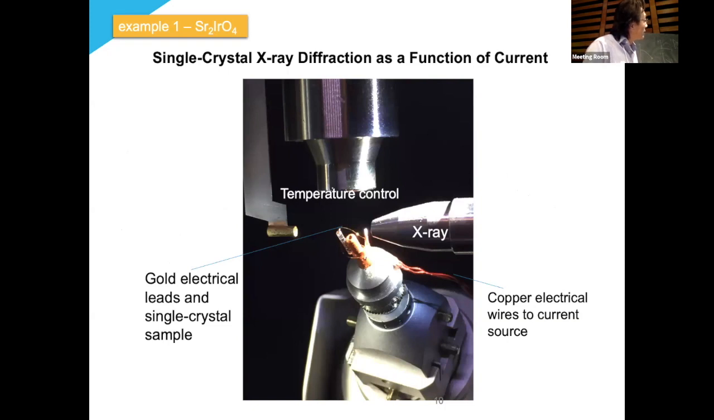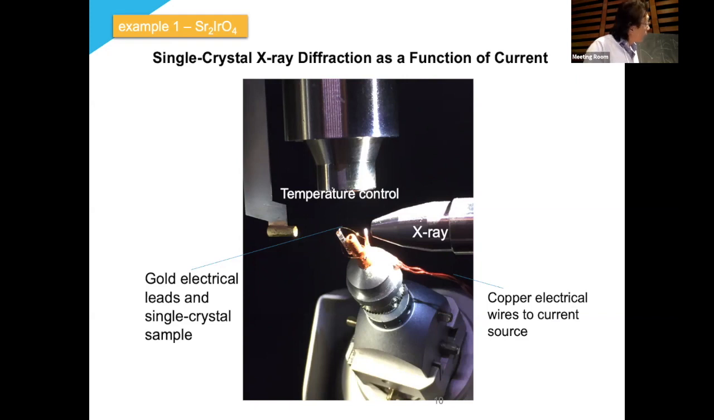On the tip of this, there was a sample. The sample is about 70 micron. And on this sample, we have 2 very thin gold leads attached. These gold leads are connected to thicker copper wires, and the copper wires go to a current